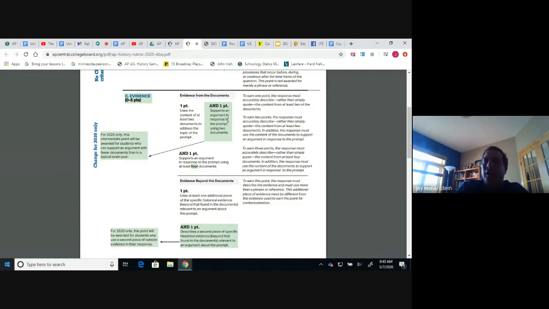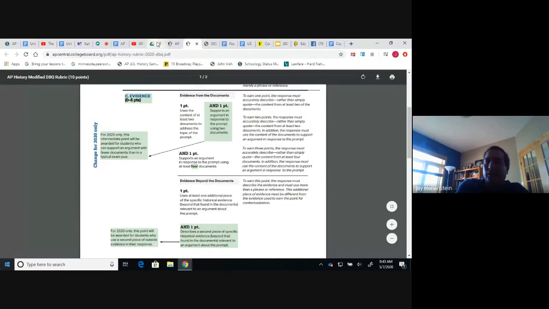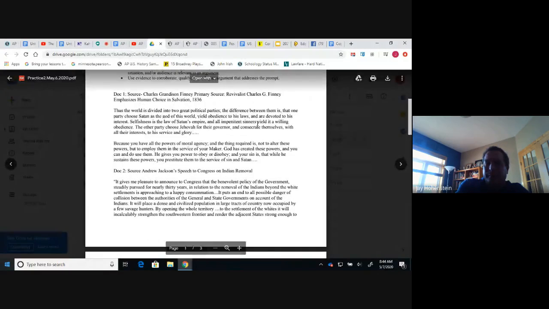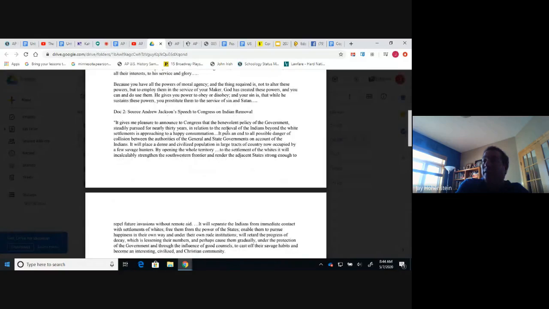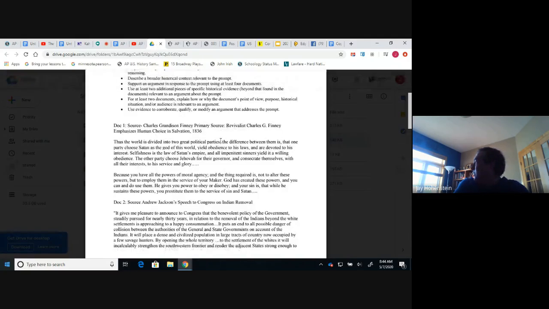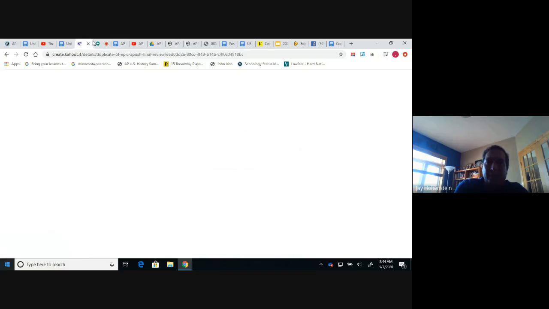So let's think about how I'm going to be constructing this essay question then. It appears to be steering me towards the idea of abolitionism, and in this case, Jacksonian democracy. I can set up those two categories in addition to what I've done with North and South if I would like to build out that type of essay. And in particular, what you'll notice is if I double back to here,